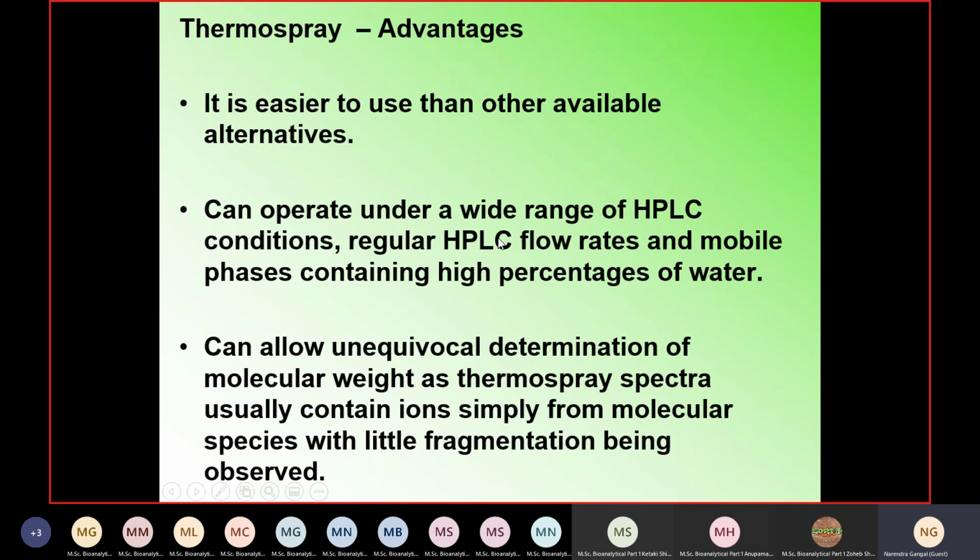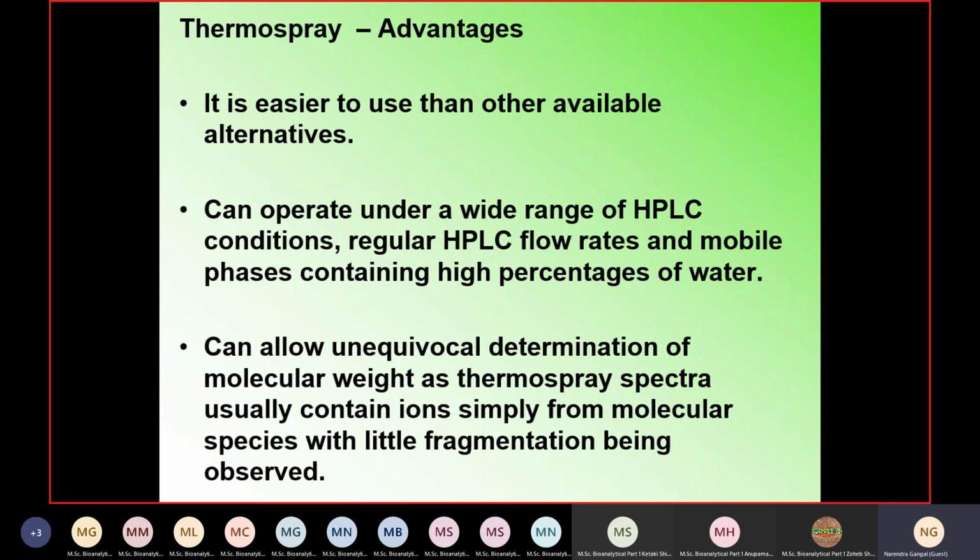At that time there was no UPLC. It can allow unequivocal determination of molecular weight, as thermospray usually contains ions simply from the molecular species with little fragmentation. Generally, all the spray techniques we are seeing, which are LCMS techniques, have very little fragmentation. They are called softer techniques. Last time what we studied was a harder technique. The hardest technique introduced first was electron ionization,